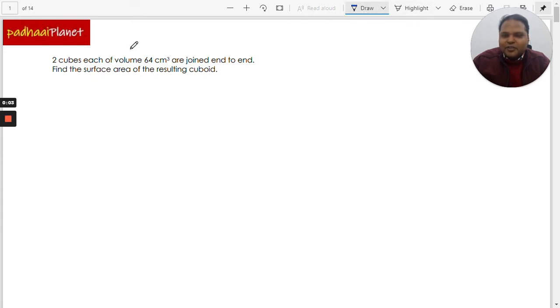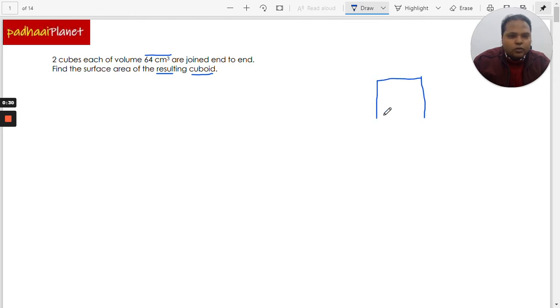So in this question, we have got two cubes and each of these cubes has a volume of 64 cubic centimeters. And both of them are joined end to end. And what we need to do is find the surface area of the resulting cuboid. Now this is a very simple question. We'll quickly solve this, and before we solve this, let's understand how